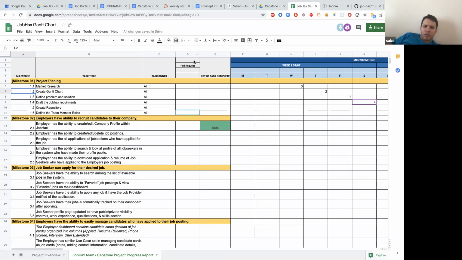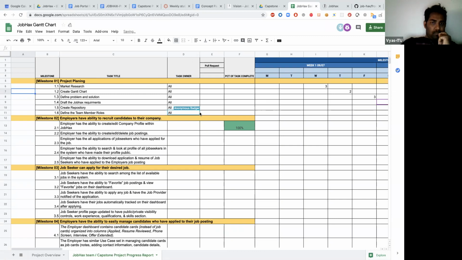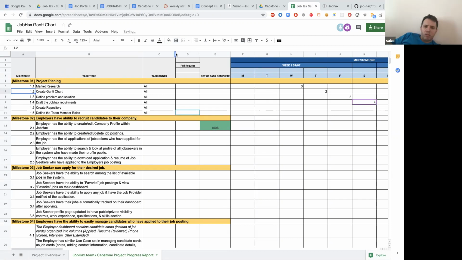Maybe we should add one issue and pull request. So for each one, we'll create an issue. Insert column. Did it happen?